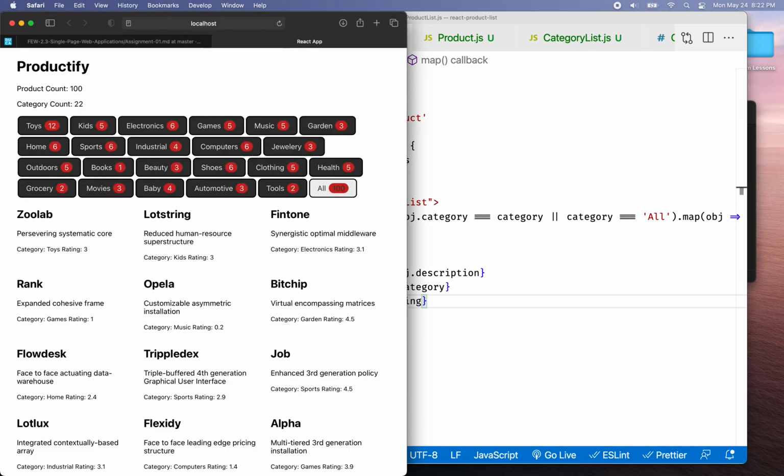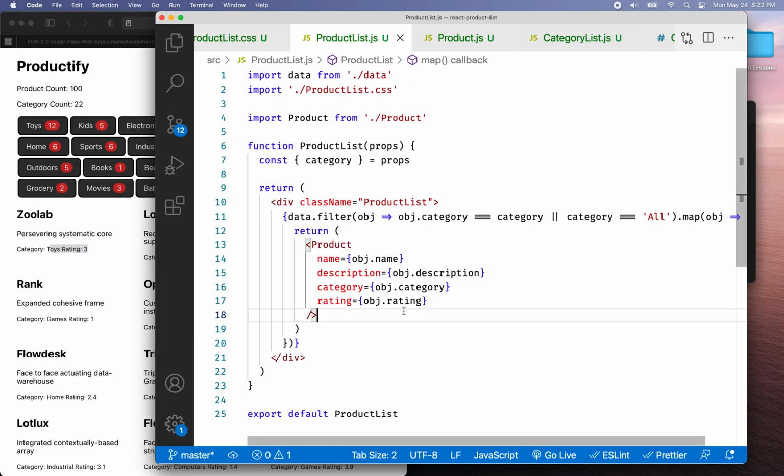Oh, there we go. So now that kind of came back, right? It still seems to be working. I got everybody here, so that looks pretty good. Now remember, we can